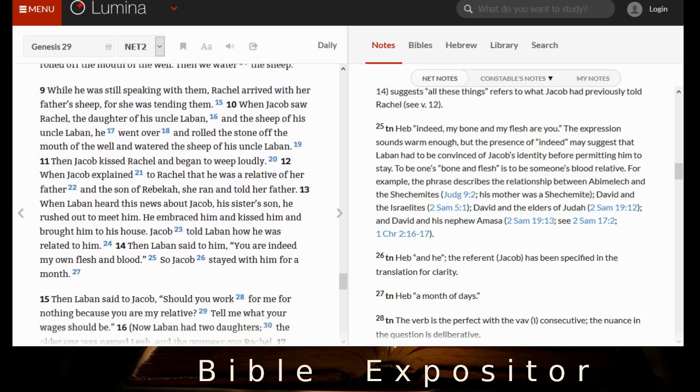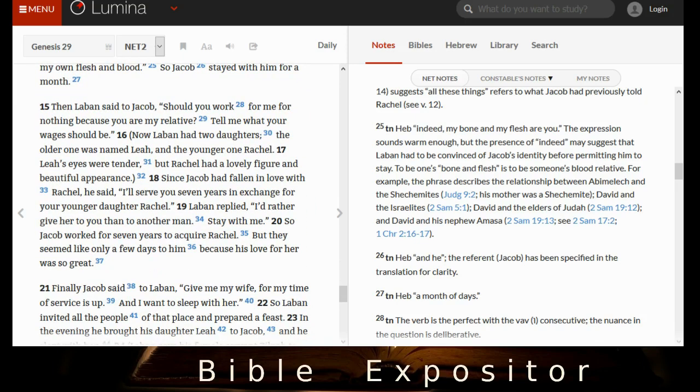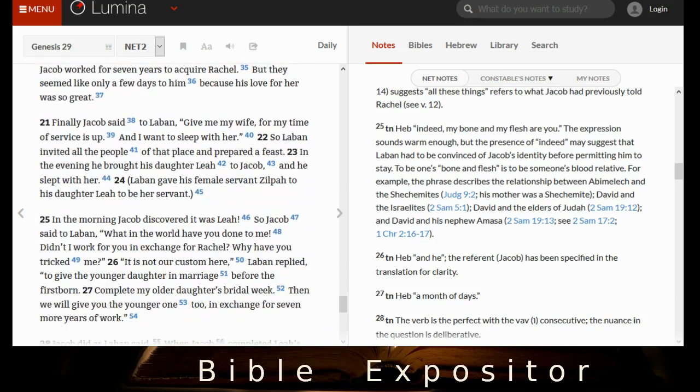And so let me skip ahead there in the text. And Jacob finds out 7 years later that Laban was messing with him, just being very deceitful. So this is what we would call today a bait and switch. I mean, Laban, evidently, it was dark when it was time for Jacob to be given his wife, and he didn't know it wasn't Rachel until the next morning when he had already married her.